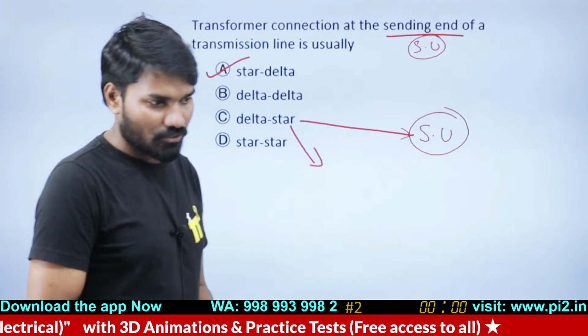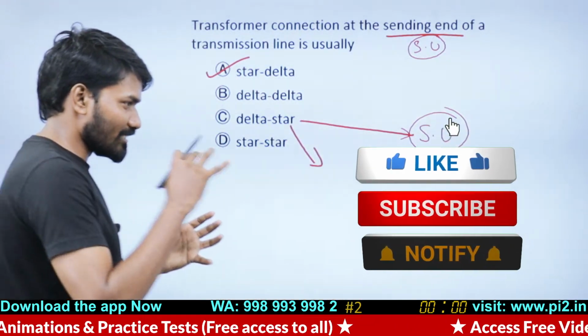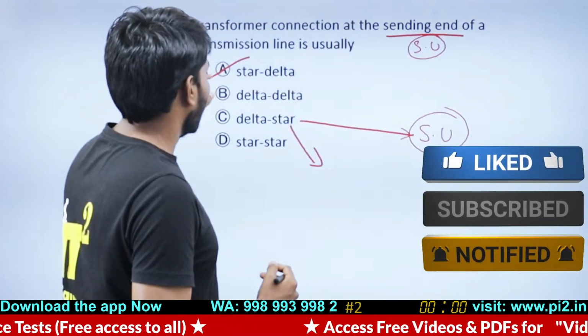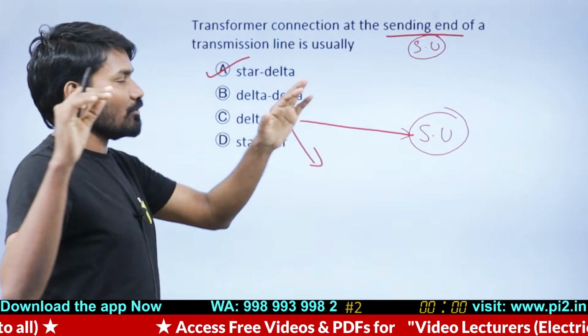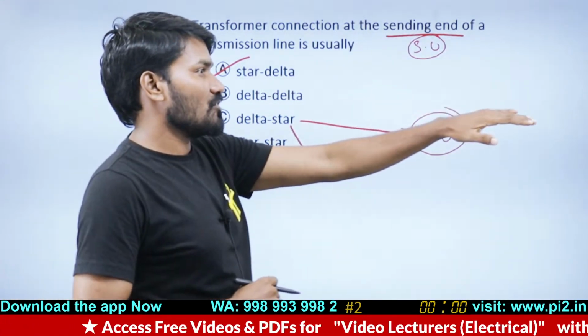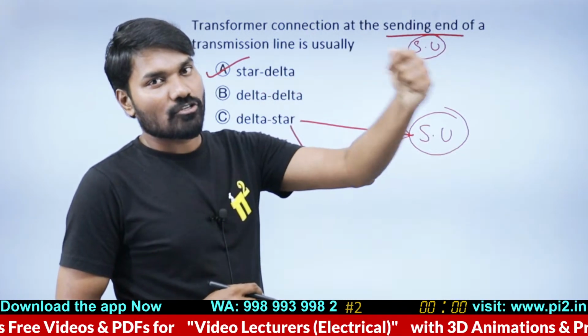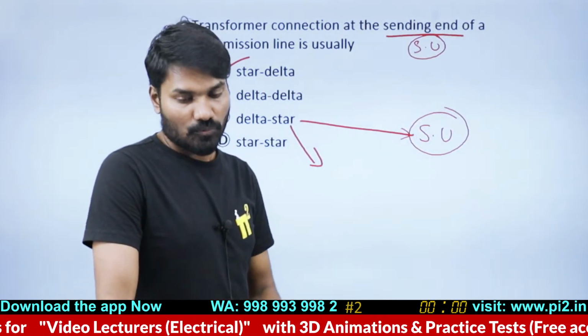Great. Good, Nanu. It's due to the protection. In the protection scheme, you will understand why it is so. But for now, the answer is this. And Sai Ganesh has added a point. A delta star will be useful for the distribution system because we need a star over there at the distribution, so that we'll be able to serve single phase loads also.